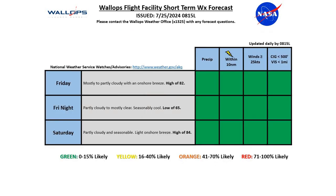If we look at the next couple days, we'll see mostly cloudy conditions again to start the day on Friday, and then we'll gradually see partly cloudy conditions as we move through the day. We'll keep that onshore breeze through the day, high around 82 degrees. That's a degree or two below our average high for this time of year. So overall green conditions expected, and those green conditions are expected to continue as we move through Friday night